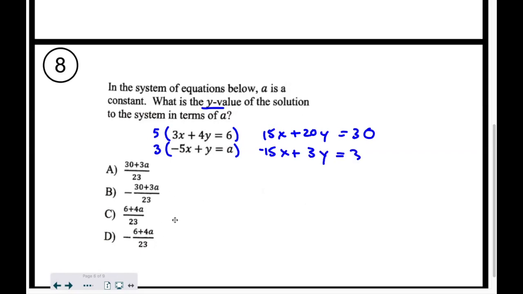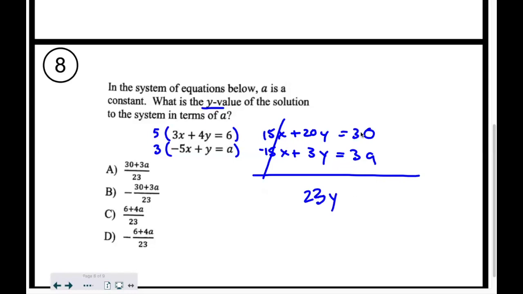Again, I'm eliminating the x because they want to know why. So I'm just going to continue like I would in school, except in school you probably wouldn't have had an a here, right? They don't usually do problems like that, but just keep going. So I'm adding to get rid of these. So I'm going to add these and get